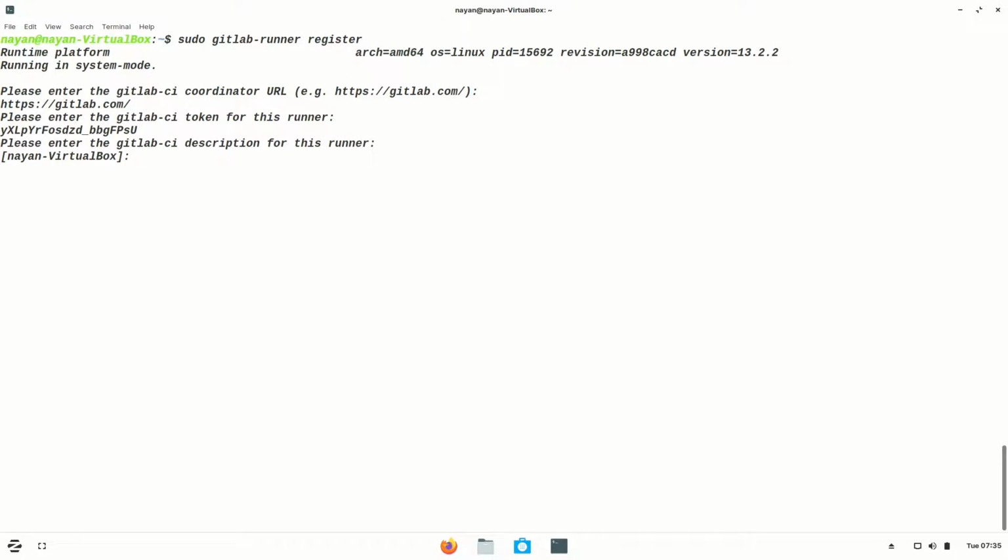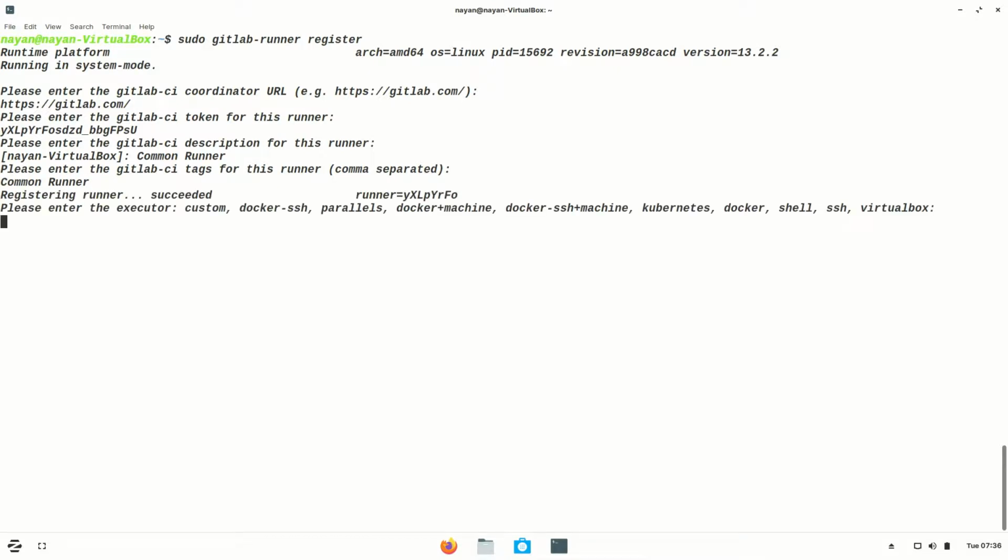For the description you can give any description, and for the tag, again you can give any tag name. Now I need to select the executor, so at present I will select shell as the executor.